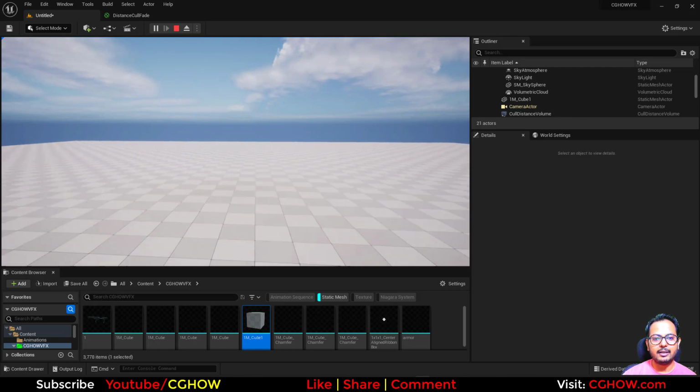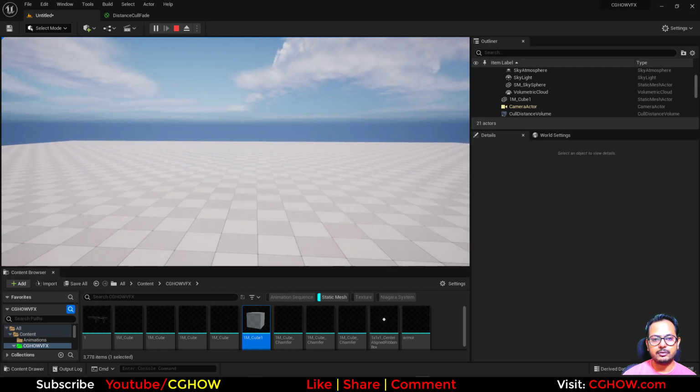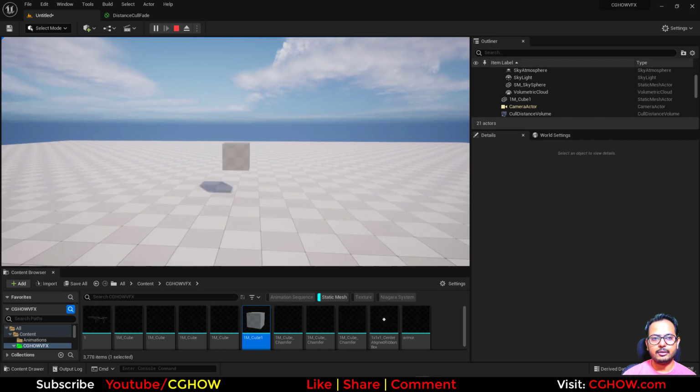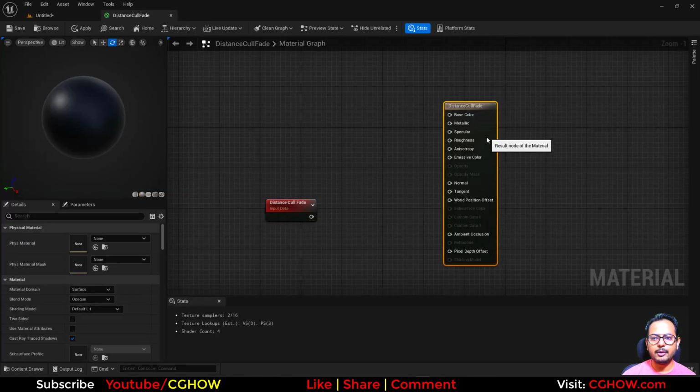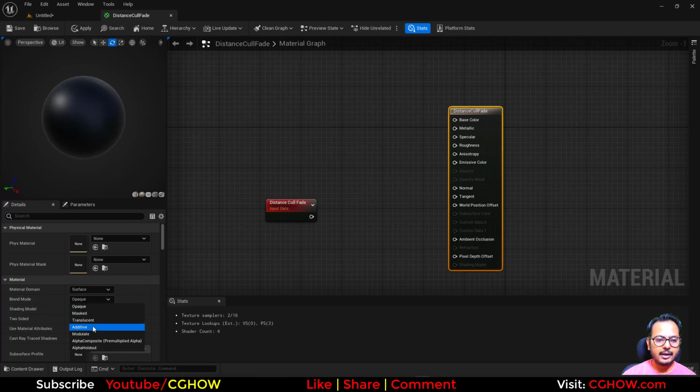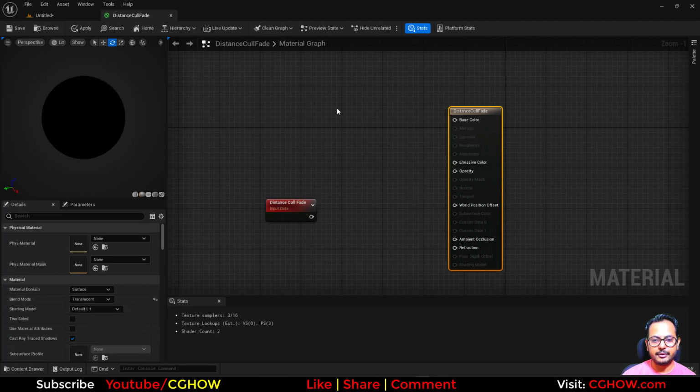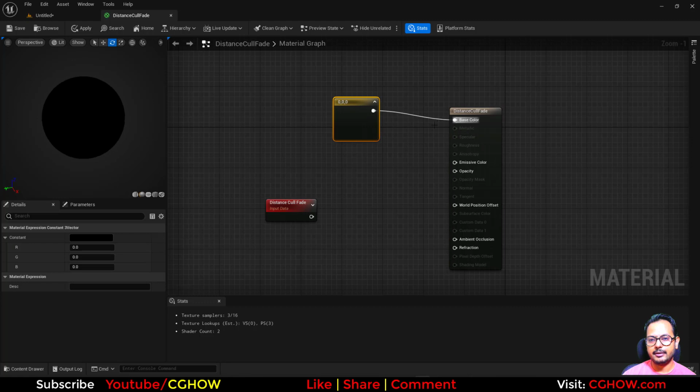after that distance, it is just popping in and popping out. But I want that it should not pop in, pop out. This should fade in, fade out. So that's where that node comes in, distance fade. So like you have this material, and like I have here a translucent material, and let's make this red also,